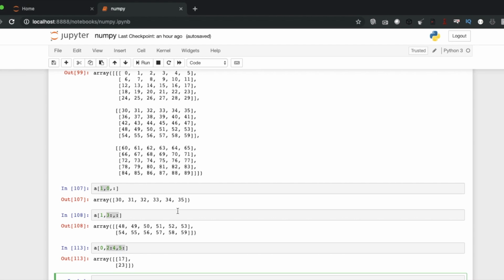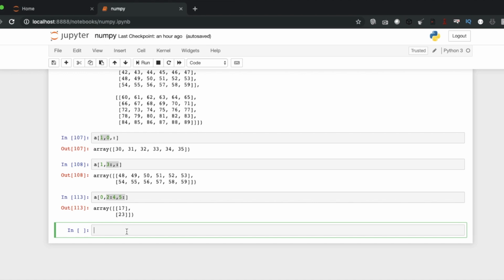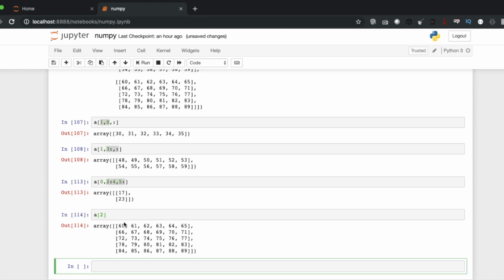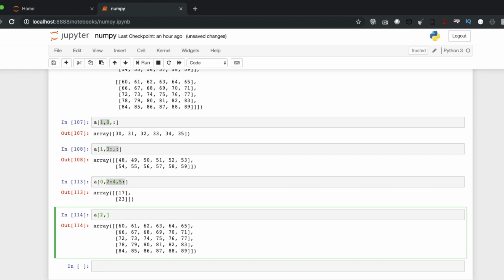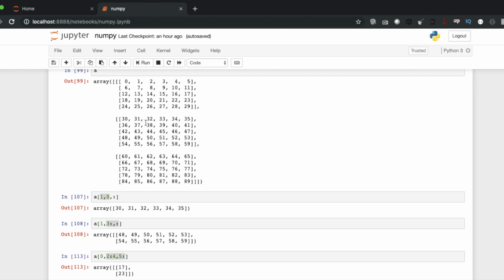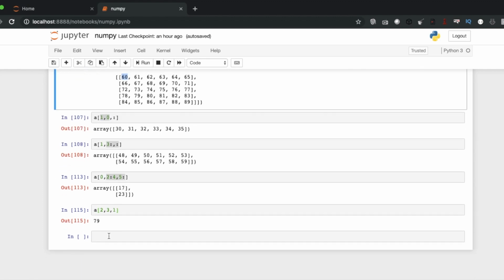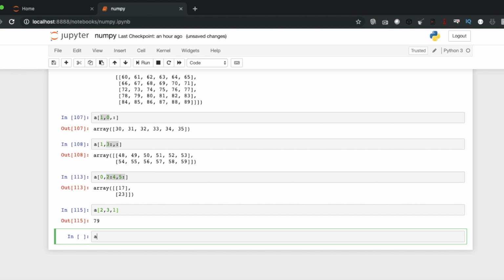Okay, so now there is another fun thing. Say if you are just giving 2, and if you are giving 2 3 1, it is going to print some items like this. But if I want to create another array by having elements using index-wise get item things, that is called fancy indexing.